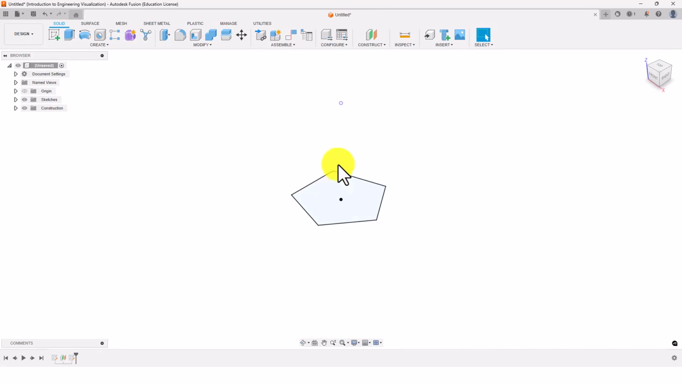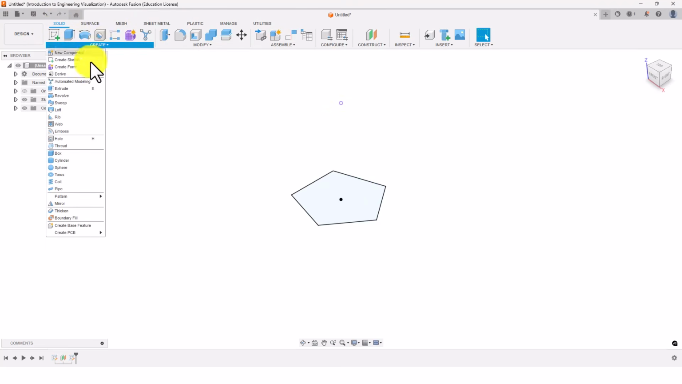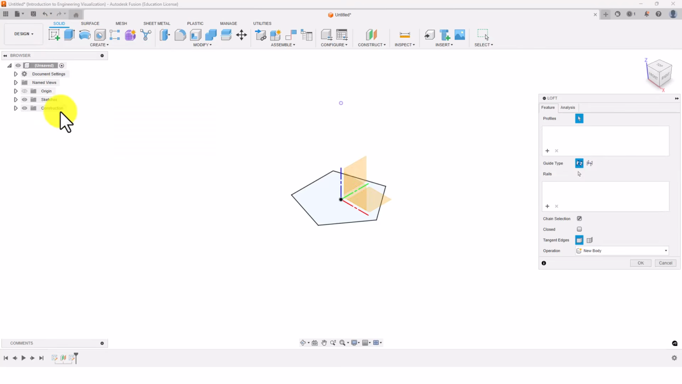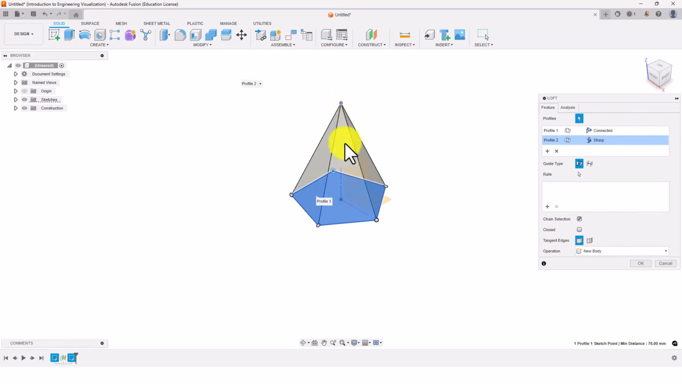Now let's use the loft command. To use the loft command, go to create under the solid tab and select loft. In this one, we need to add the profiles. Here the two profiles are one is the pentagon and the other one is the point. So click on the plus option under the profiles and select the pentagon and the point. Now we have created the pentagonal pyramid. Give OK